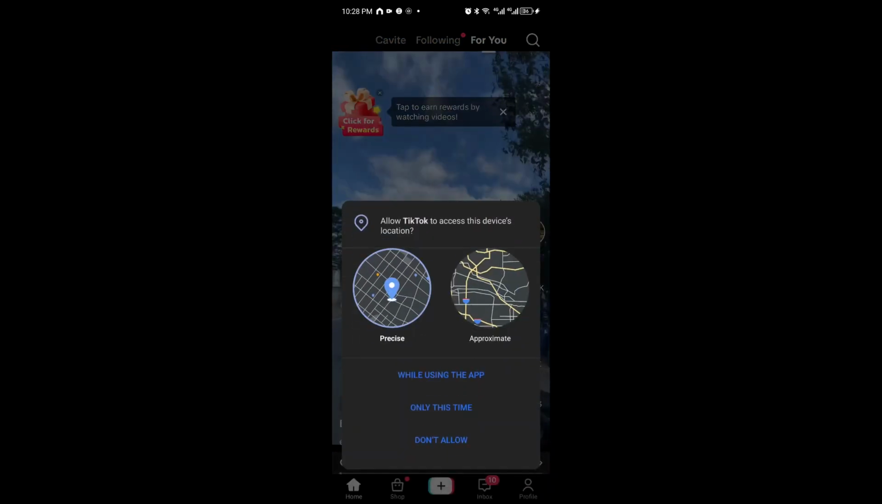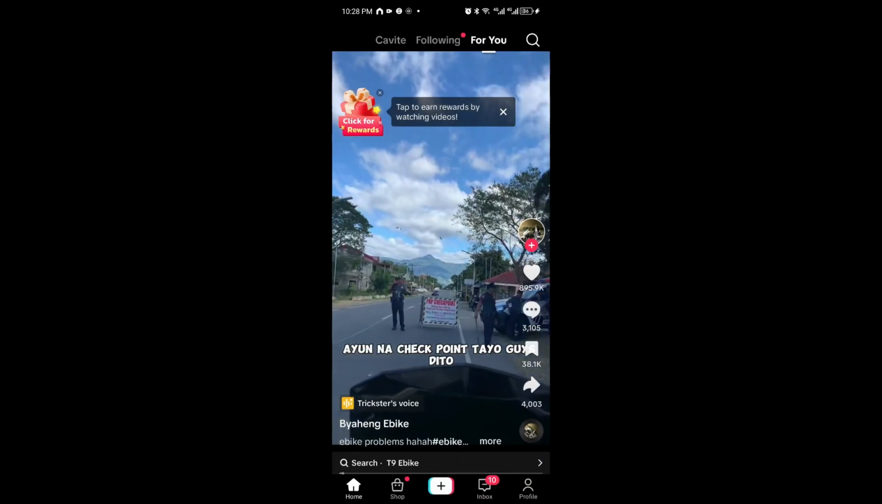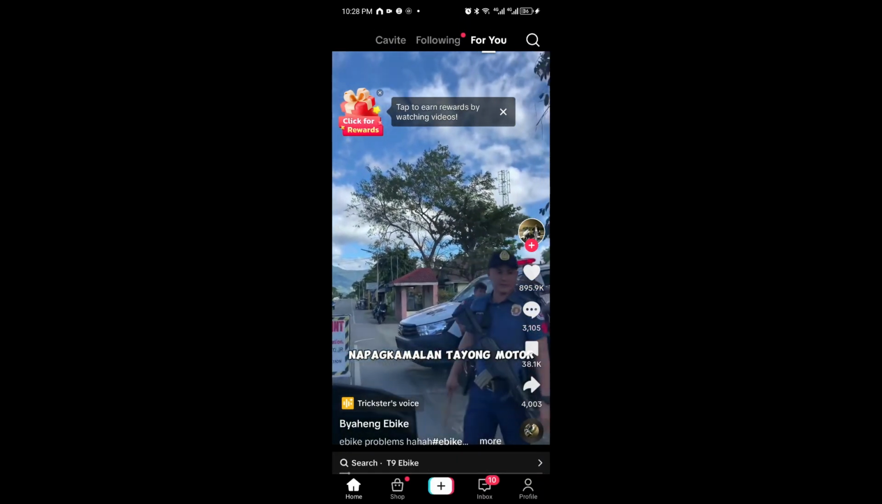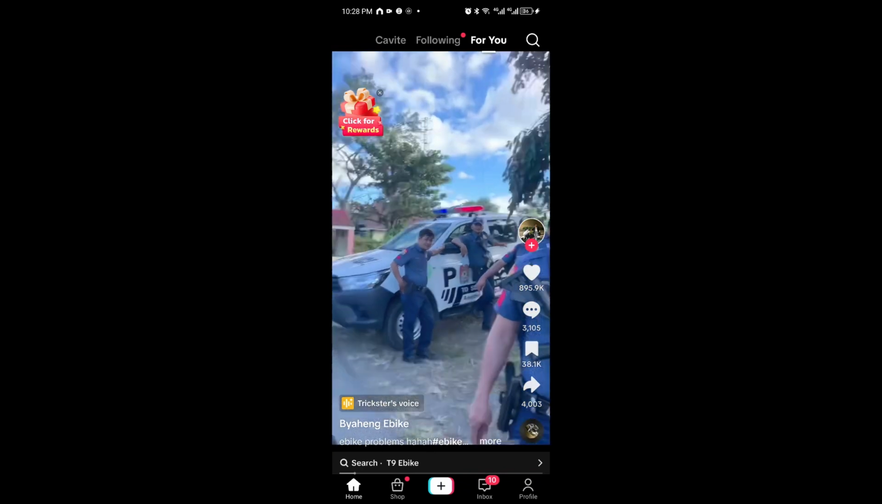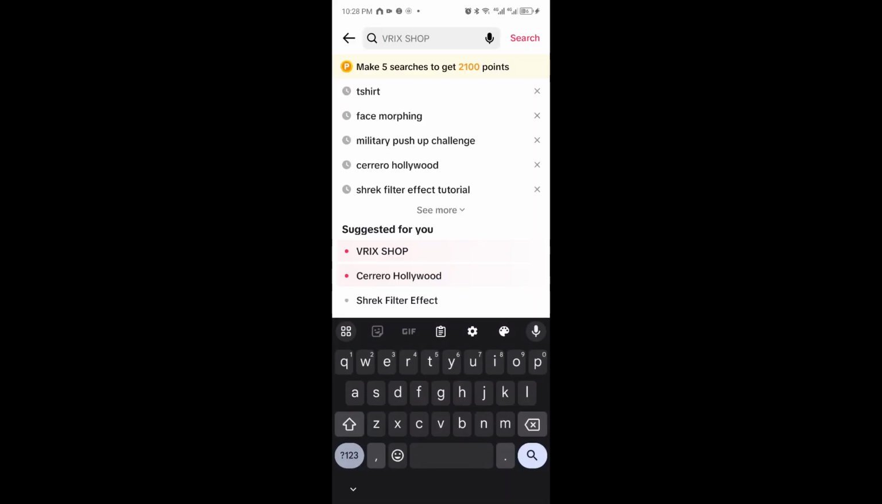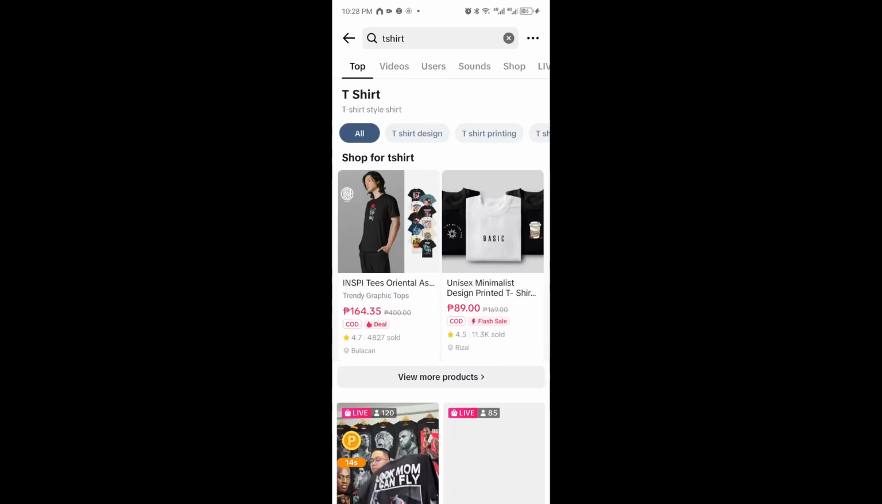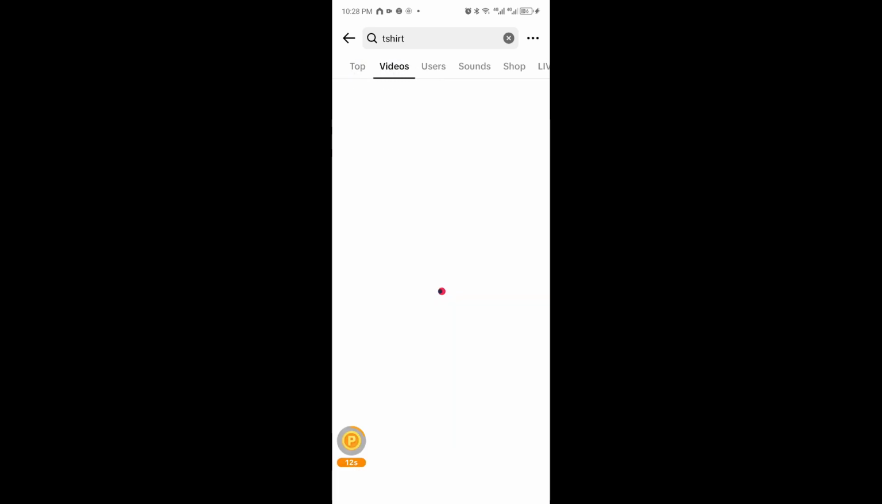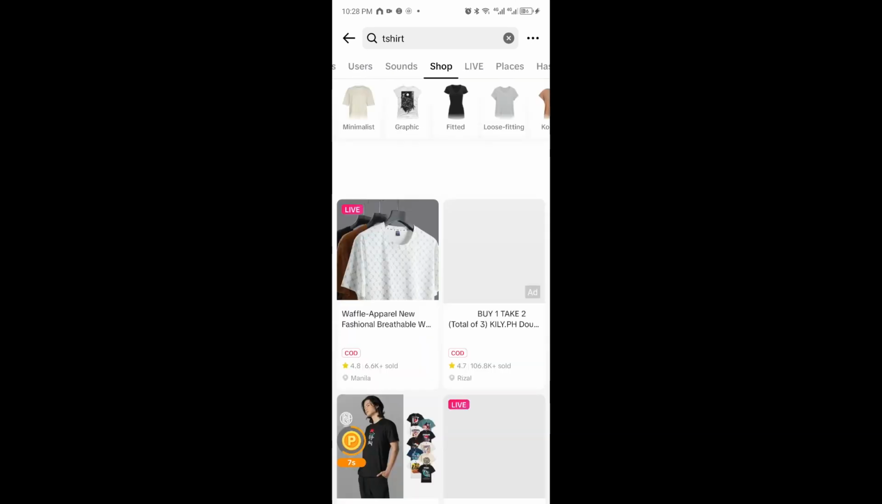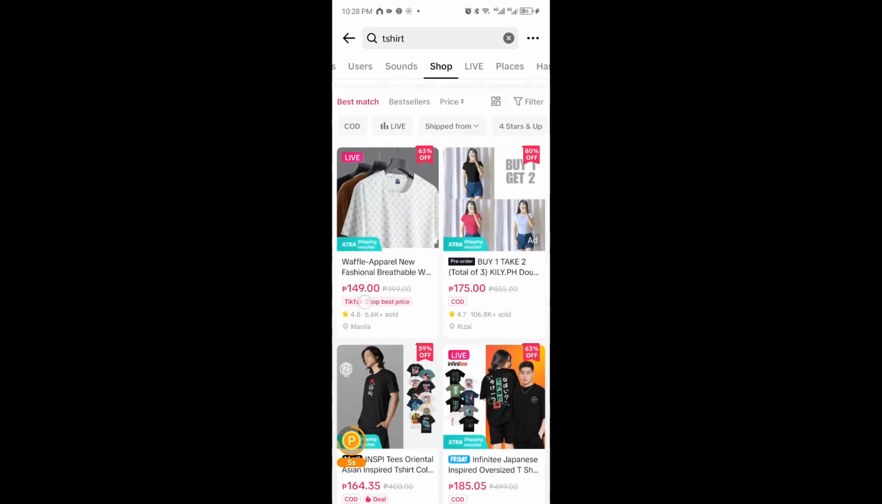For the first method on how you could search items on TikTok, you directly use the search icon right here. For example, I'm just gonna search t-shirt, and you're gonna see in the subheadings you have top, videos, users, sounds, and finally we have our shop. Just click on shop, and it will take us to the search results right here,